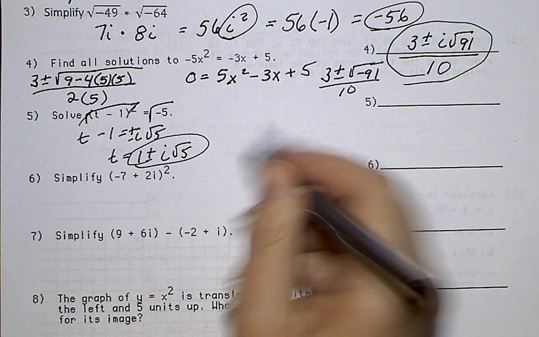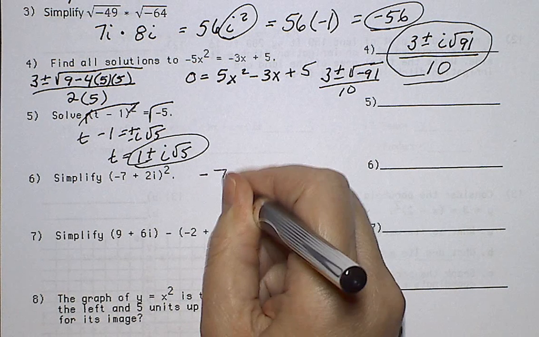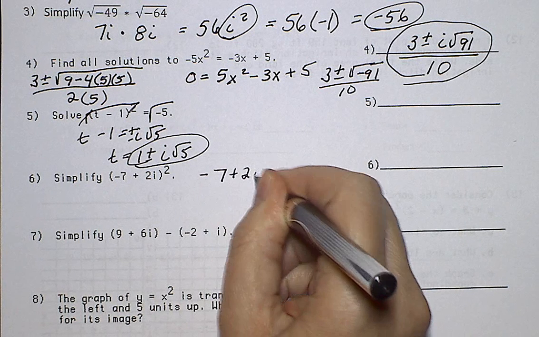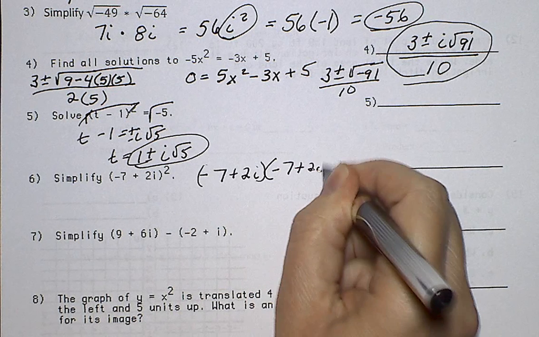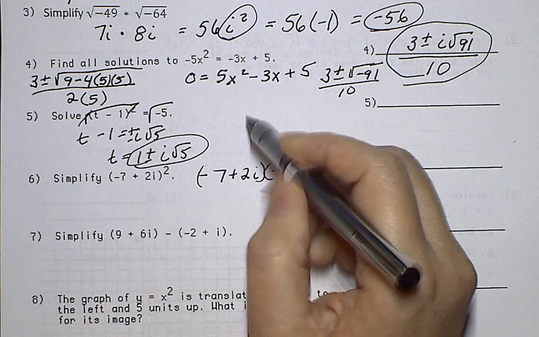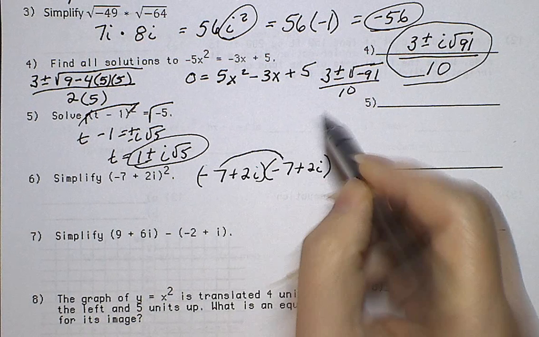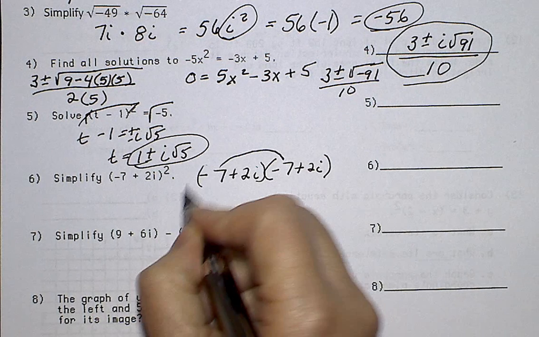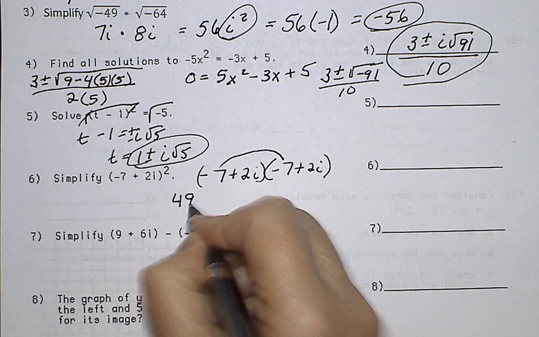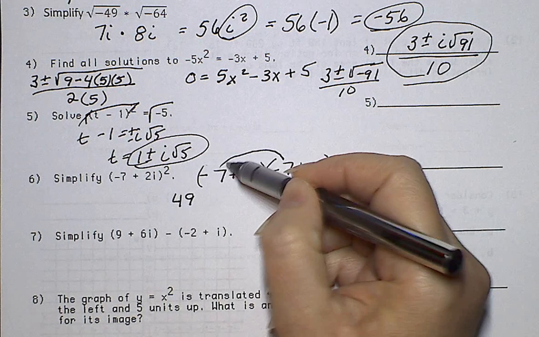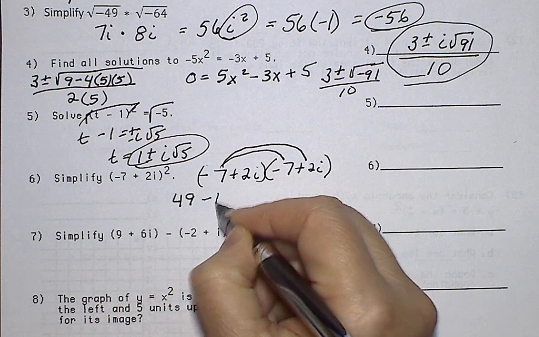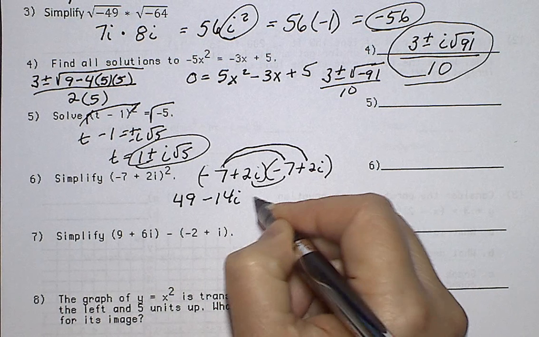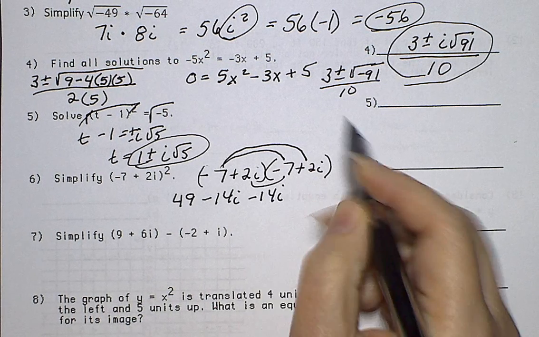Simplify. We have negative 7 plus 2i times negative 7 plus 2i. So we're going to FOIL it. First: negative 7 times negative 7 is 49. Then we have our outer, which gives us a negative 14i. Inner, which is a negative 14i. And last, we have